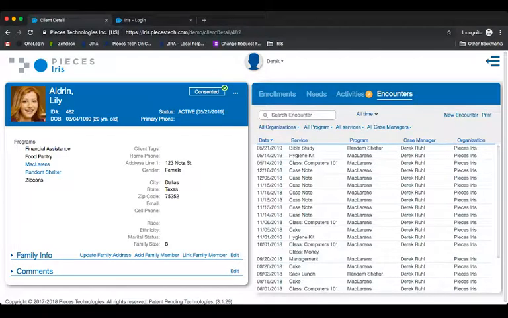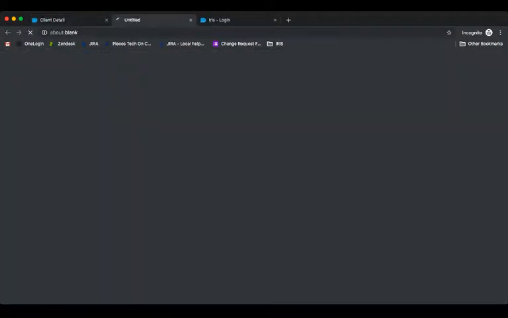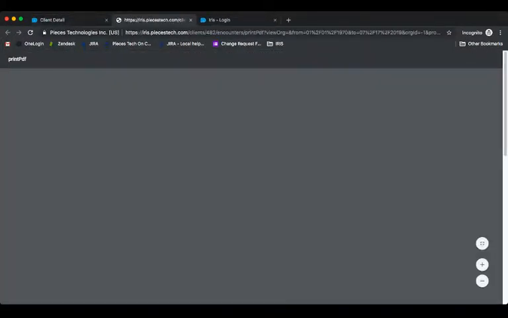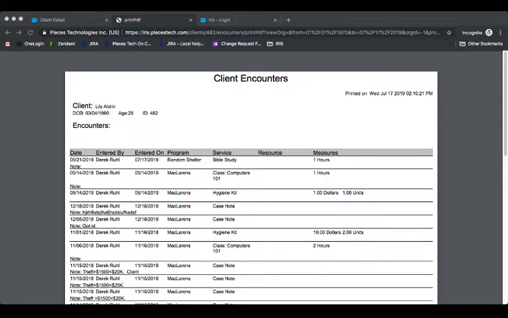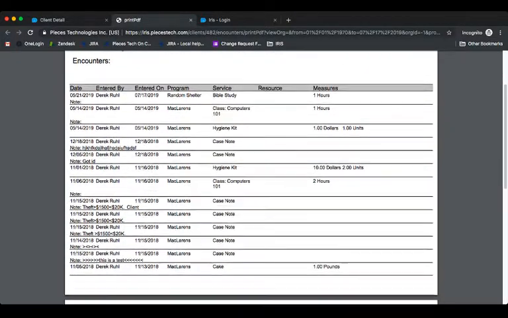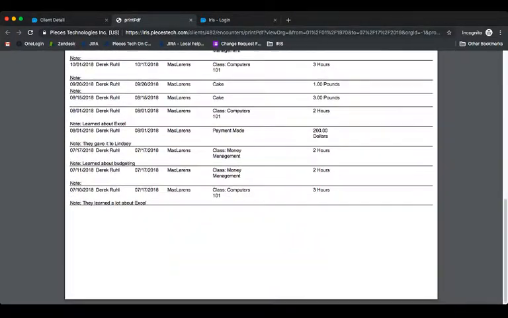Another great way of seeing all of the encounters is clicking the print button. And this won't automatically print it, so don't worry about that. But when you click it, it will bring up the page. It may take a little bit, as shown. If you click cancel, it will give you this page,